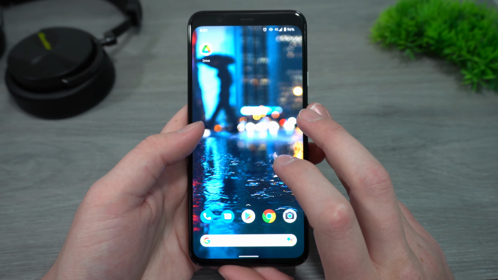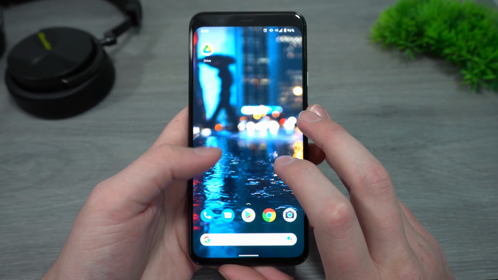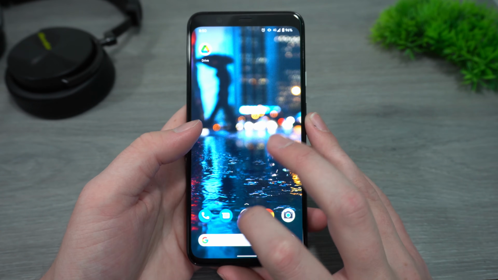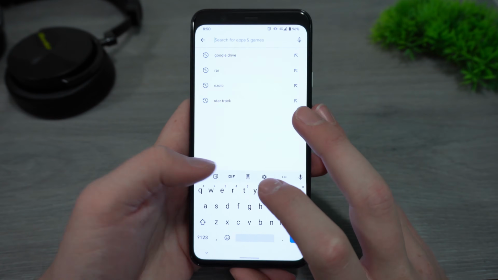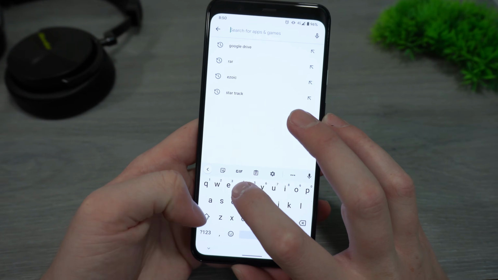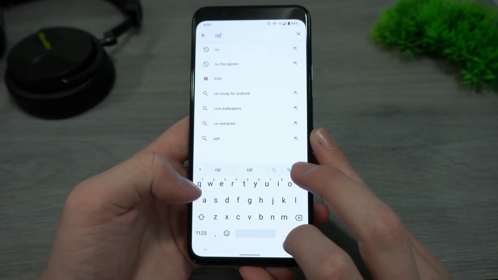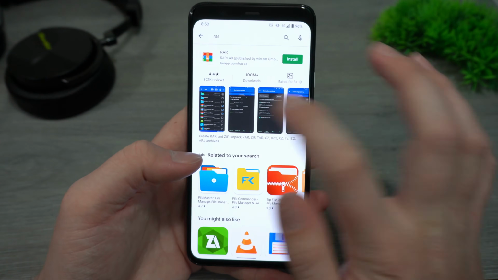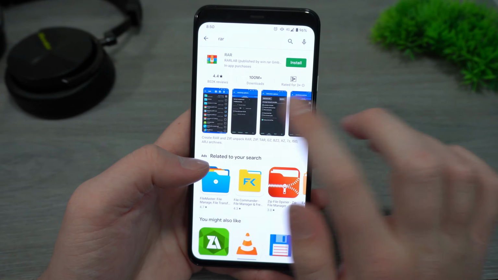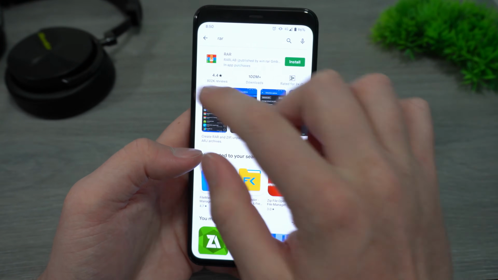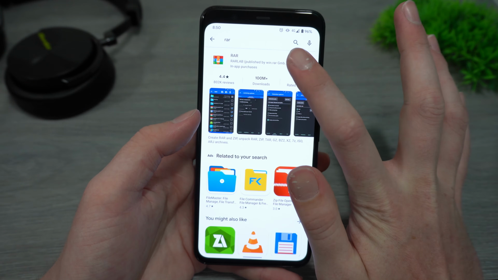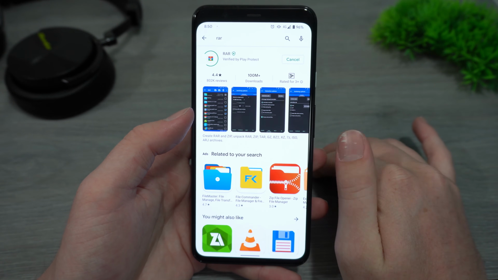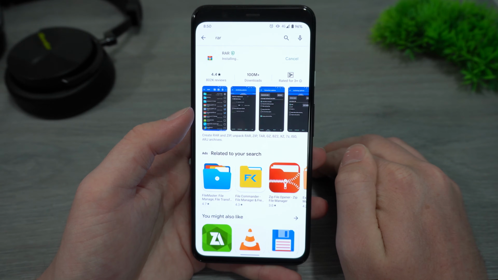So when you're on your Android phone and you want to open your RAR file, the first thing you'll need to do is go into the Google Play Store and then tap in this search bar up here and search for RAR. Nothing else, just type RAR and then press on search. And this top app here is the one you want. It looks like this and it says RAR. So this will probably come up at the top, and then you just need to tap on install and wait a few moments for it to finish installing.